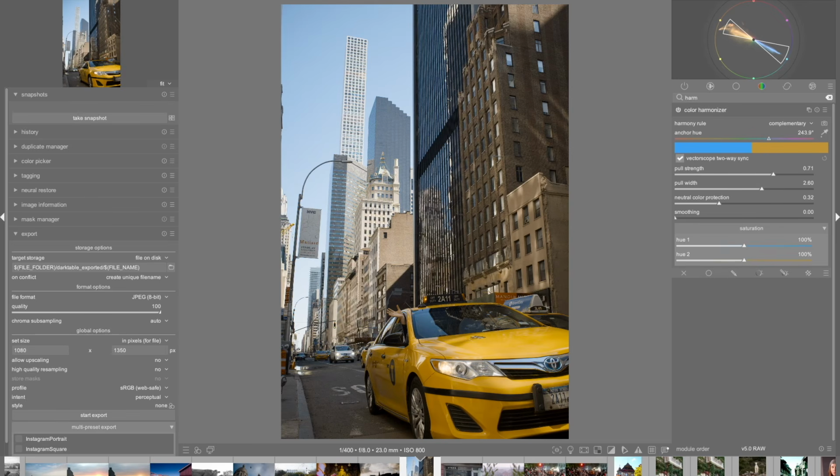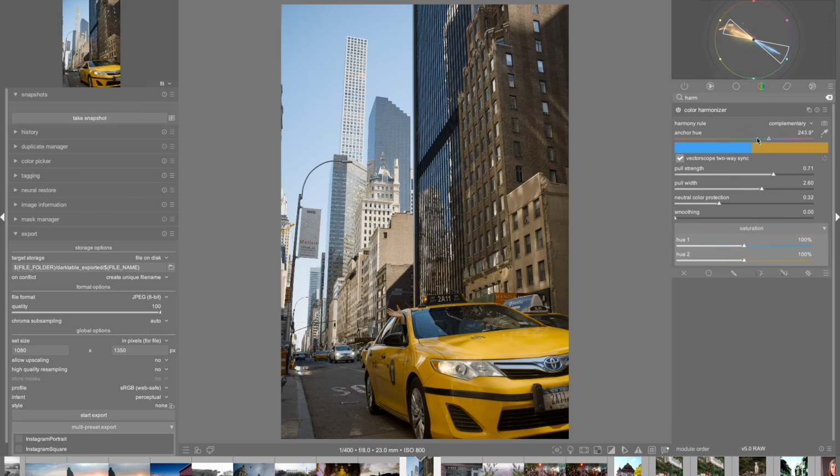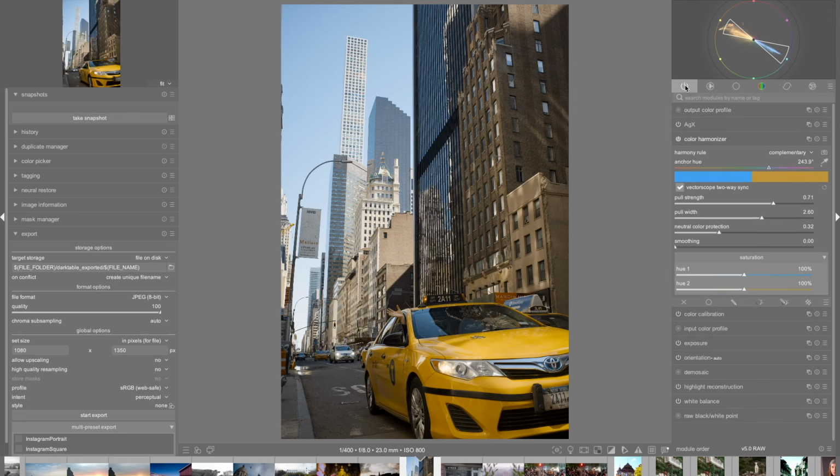Another interesting feature about this color harmonizer is that I changed the image here to show it to you, because I thought it would be more striking if I demonstrate it through this image. If I apply the automatic research here from the module, you see that it's clearly bringing up a harmony between, again, the yellow and the blues. If I just toggle it on and off, you see that I'm not fighting the image so much